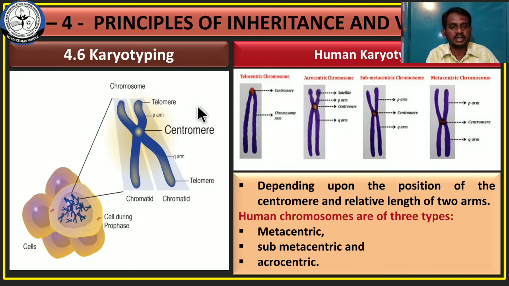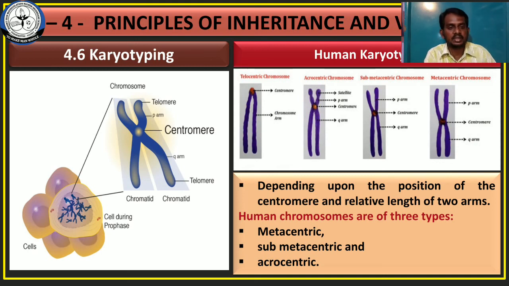So what are the topics we covered? First we discussed what karyotyping is. Karyotyping means isolation and arrangement of chromosomes. Then we discussed the various steps involved in karyotyping: isolation of cells and culturing of cells, then adding colchicine to stop the cell division at metaphase, taking a photograph, and arranging the photographs based on their pairs. These are the various steps involved in the process of karyotyping.